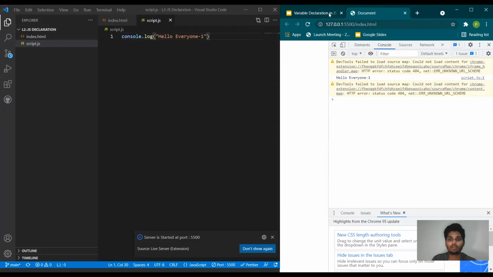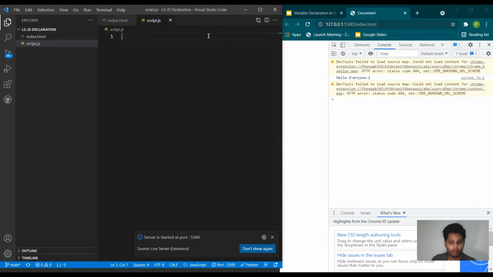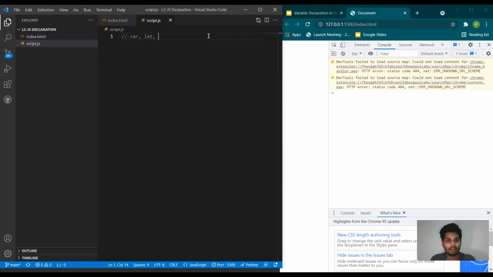Now we have talked about it: we have three ways to declare a variable. We'll delete this. So the three ways are var, let and const. Now you can declare a variable with any of these, or even without these. Let's first declare a variable without these. I have declared a variable, a is equal to 1.